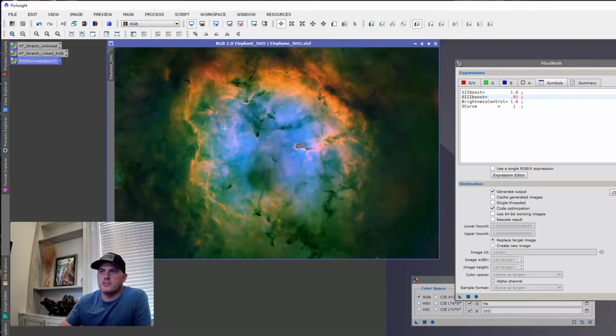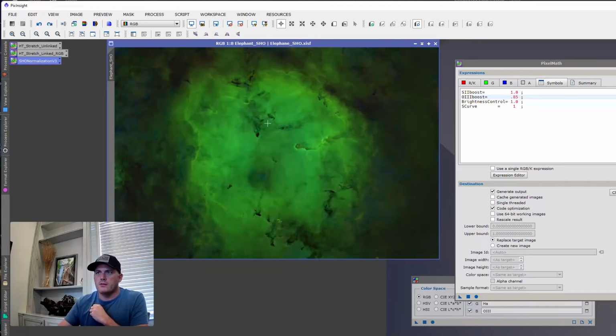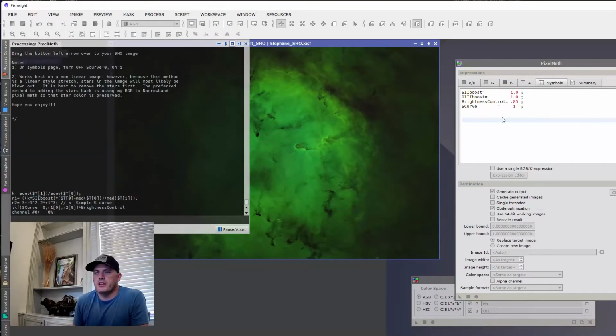And you can see that the blue is tamed down a little bit more. Now you do have green, and I'm going to show you how to fix that here in a minute, but for the fundamentals of how this normalization works, this is kind of how you would handle it for SHO. And again, if I wanted to just keep my boost level, but just decrease the brightness just to protect from saturation while still using the S curve,